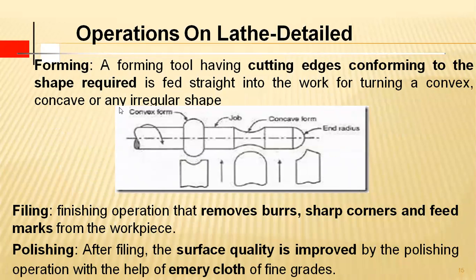Next, the forming process. It is a forming tool having particular cutting edges already fixed in a concave, convex, or contouring position, or other positions that we require, such as V shape or double V shape, to produce Venturi or orifice conditions on the work part. The radius needs to be obtained by utilizing the shape of the tool like this.